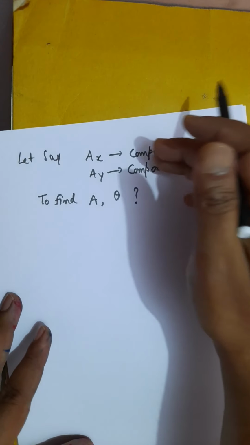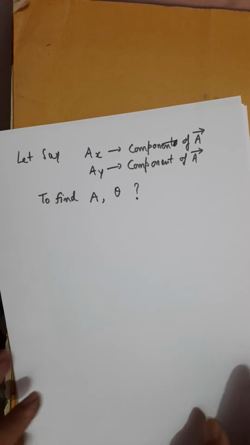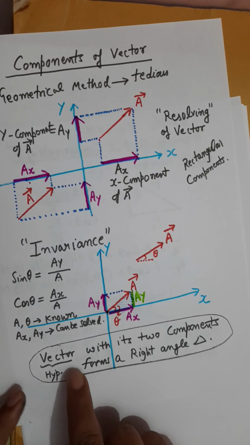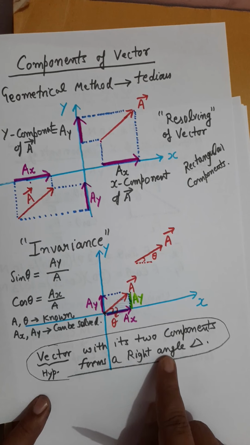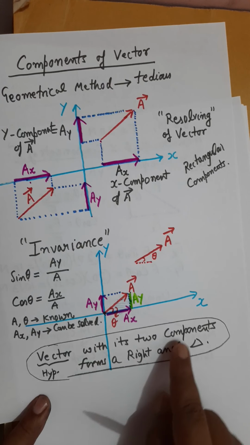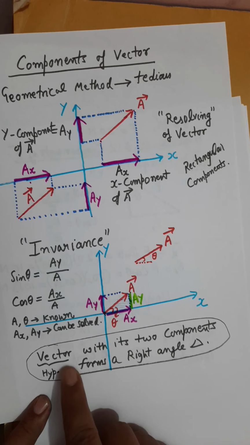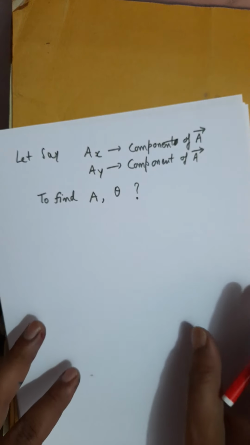But now we know the components. So if we know the components, it is easier to find the magnitude and the direction of the vector. And I will again repeat the same statement that you need to learn this. You need to draw a right angle figure in which the components will be on the perpendicular and the base side, and your vector will be on the hypotenuse side. So you just need to draw the vector.